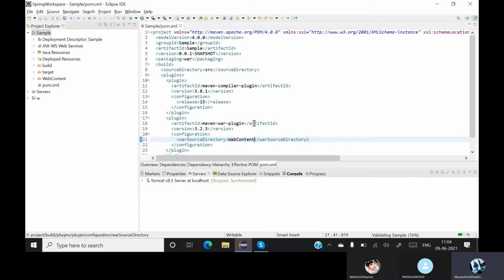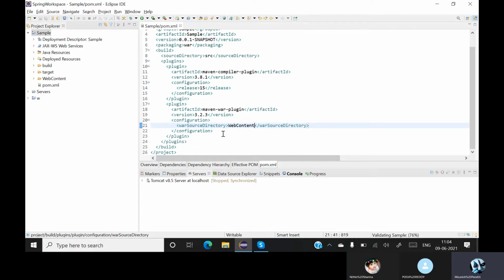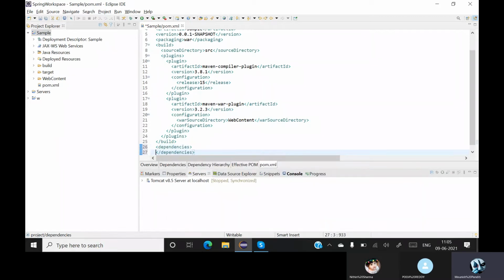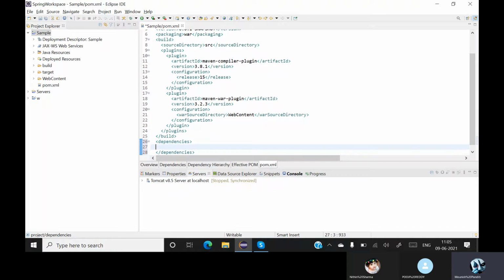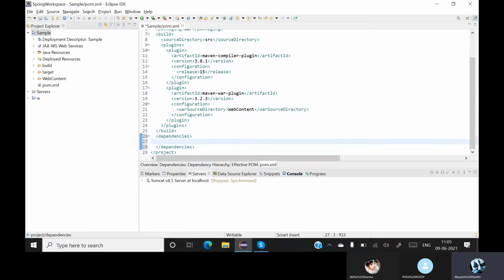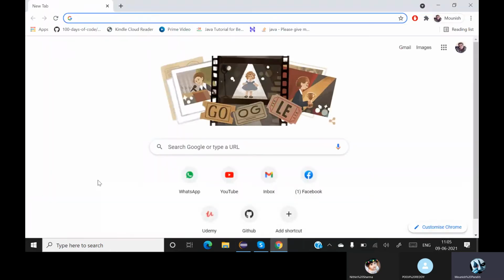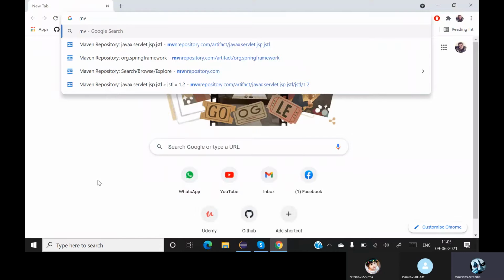Once you have created the Maven project, you need the dependencies. So put a hyphen, click on dependencies. Now we need to start creating some dependencies. What dependencies do you need is the first question. We'll go to Google Chrome and search for Maven dependency.